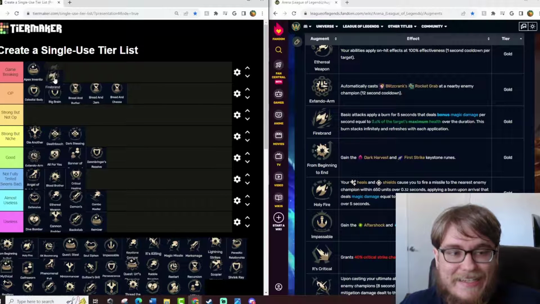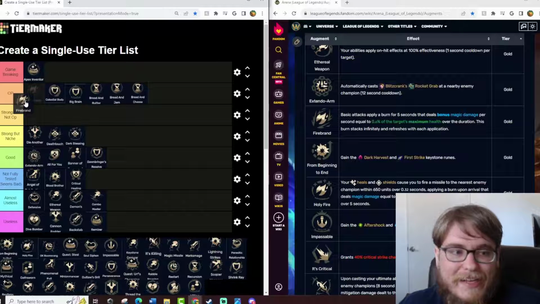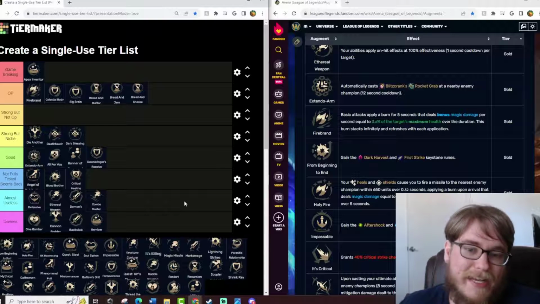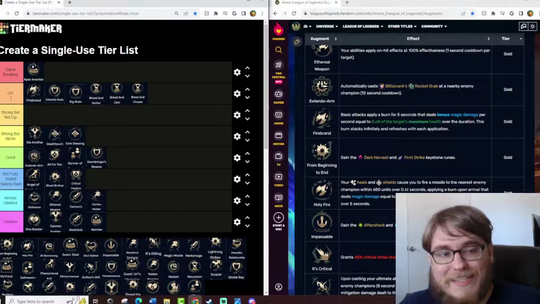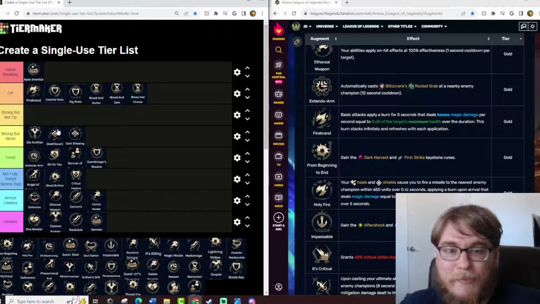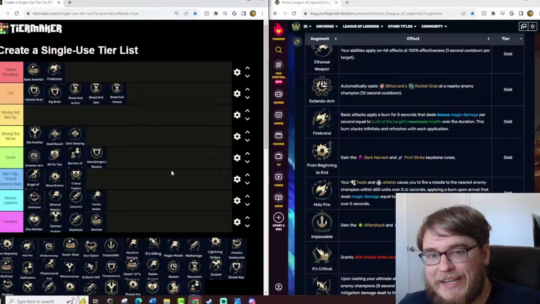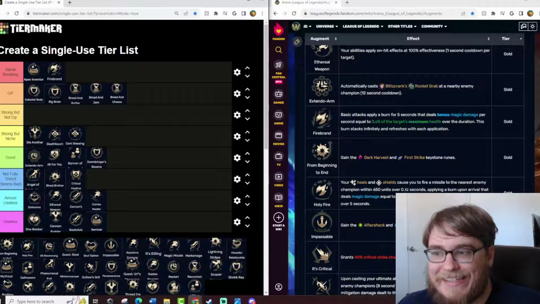Against tanks, this is game breaking. It is very powerful. Against squishies, it doesn't really do anything. You don't really care about it. But thankfully, nobody in this game is really that squishy because everybody has bonus health. So I'm going to put Firebrand in the OP tier, but definitely at the top. Honestly, because tanks are so meta, I am going to put Firebrand in game breaking, just because I'm looking at the other augments I have there at the moment, and it just really is quite a strong augment to counter